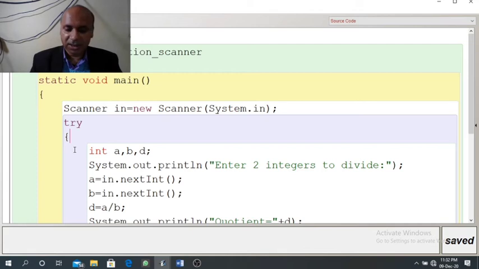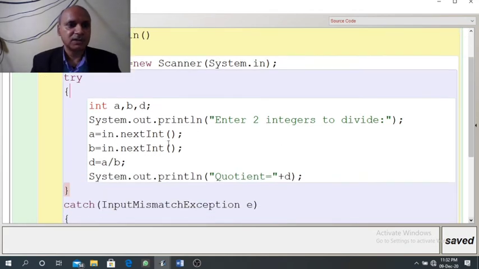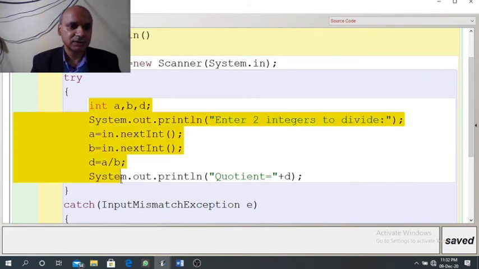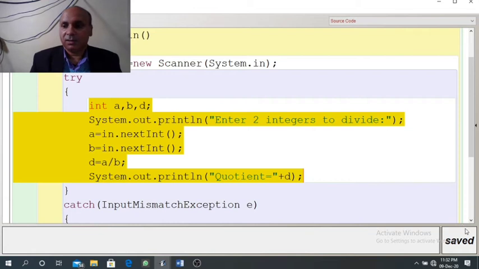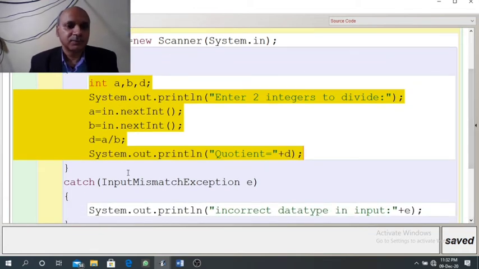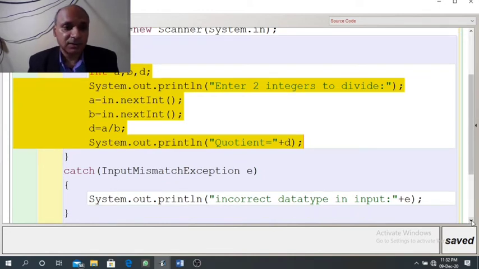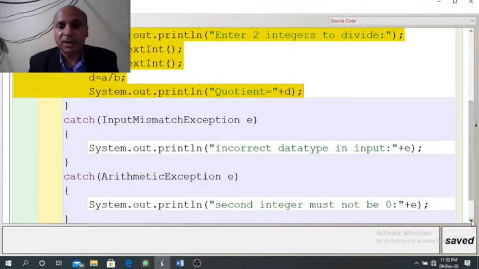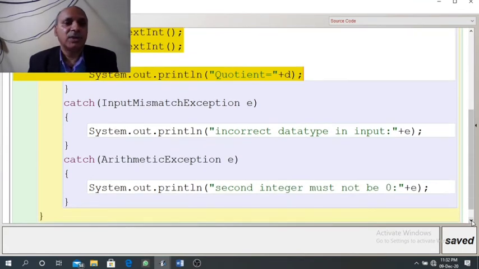So all the three parts of the program, that is input, process and output, we will write in this try block. So coding is same. After that, we need to create catch block. We can have more than one catch block or we can have one catch block. It depends on how many types of runtime errors are possible that the programmer has to design.